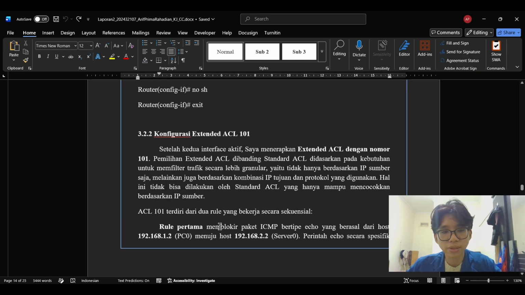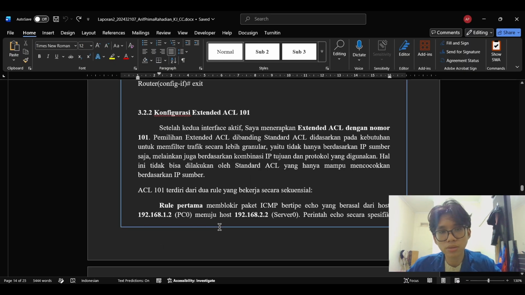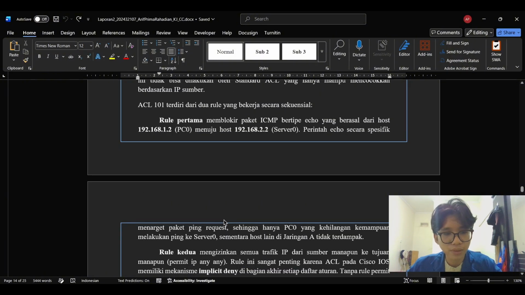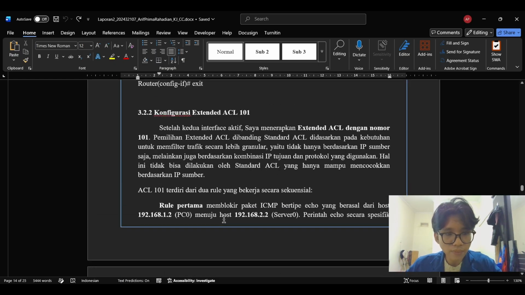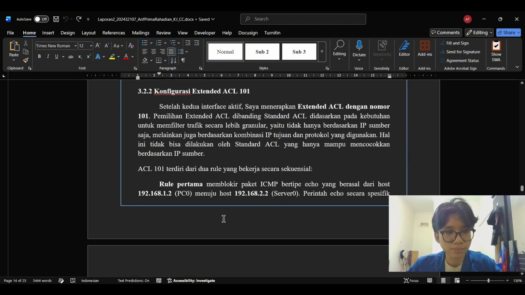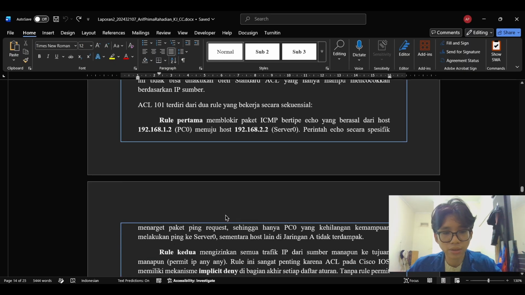It cannot differentiate between protocols or destination ports. Extended ACL, on the other hand, allows filtering based on multiple parameters at once, including source IP, destination IP, protocol type, and port number. This level of control is exactly what we need here.